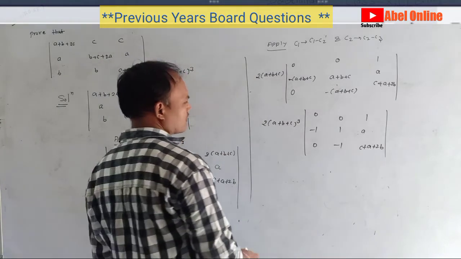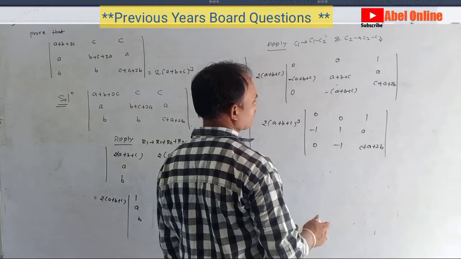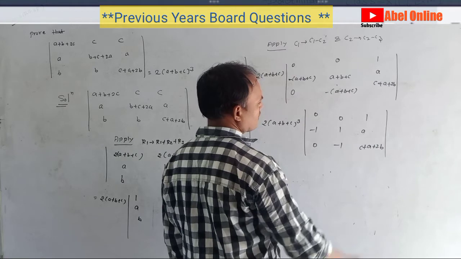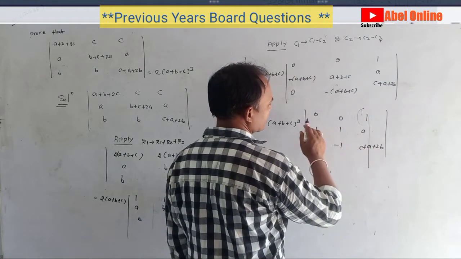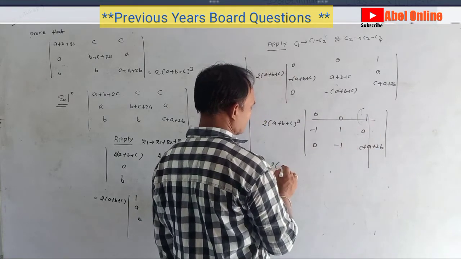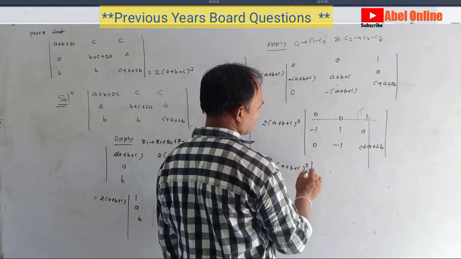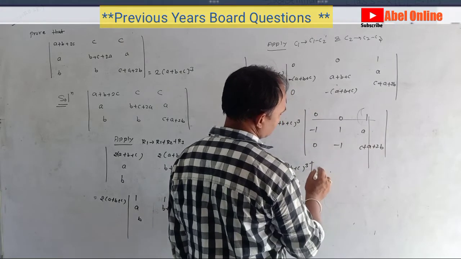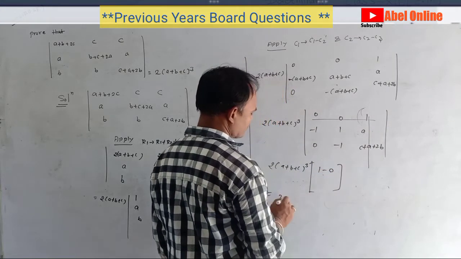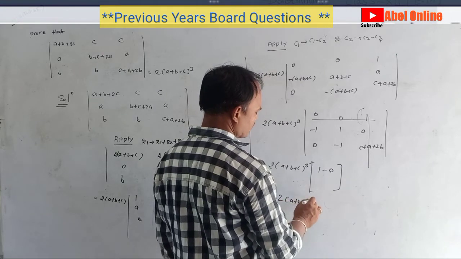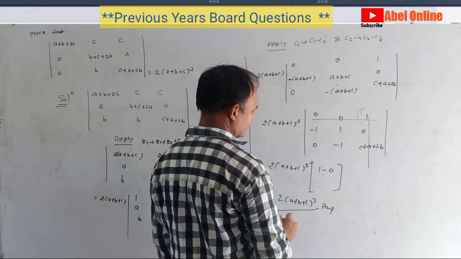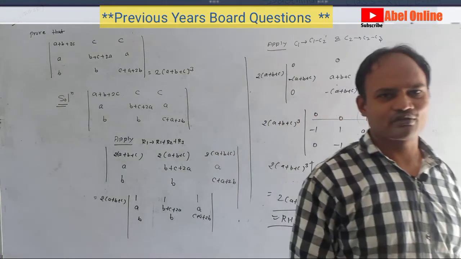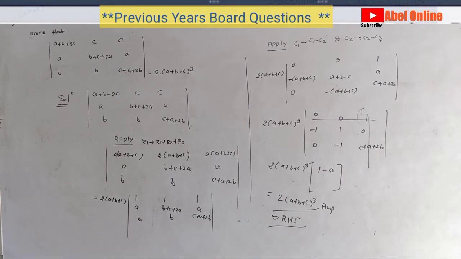It is completed, but we are going to find the value from there. So how can we solve? I am going to operate this, so this line and this line are removed. So what is the 2a plus b plus c whole power? It means 1 minus 0, 1 minus 0. So we can say that 2a plus b plus c whole cube is completed. This is the RHS part, so we can say that it is your answer. So LHS is equal to RHS. So students, we have completed this discussion.